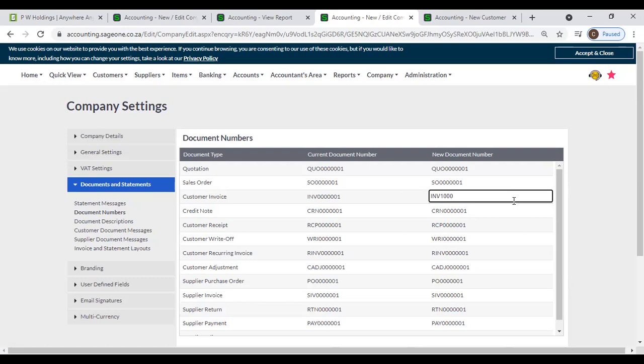So next number is INV 1000. Therefore, you can set new document number as INV 1000. And for credit note, in previous system, you may use CRN 0010. And if you are continuing the same serial number, you can enter 11 here,